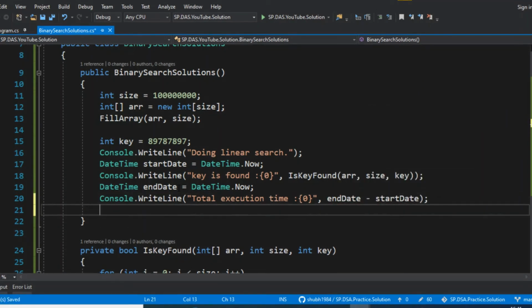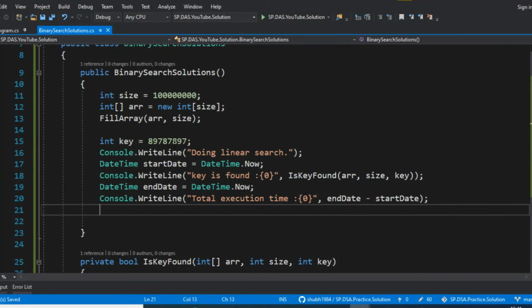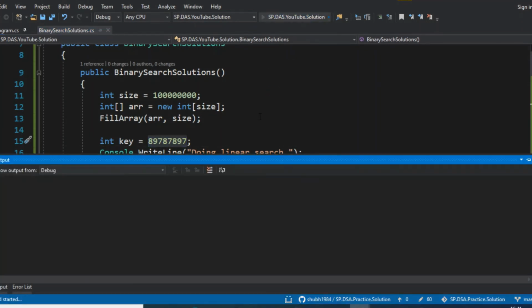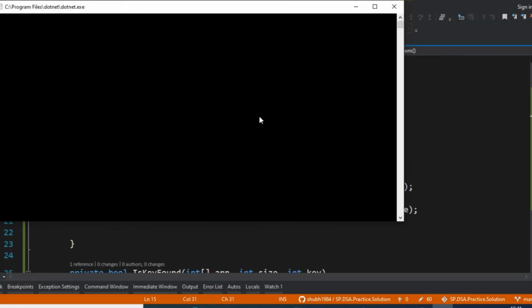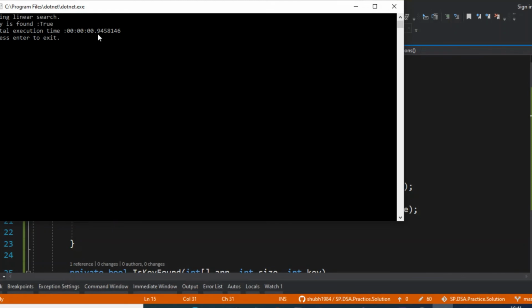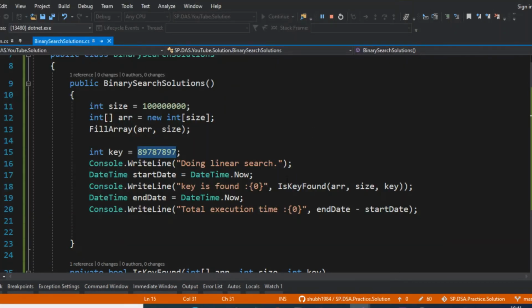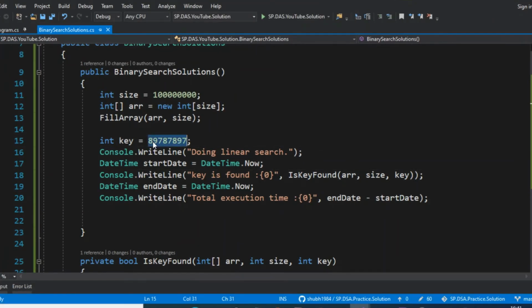Let's see how much time it takes to find one key. Here it took around 9 milliseconds.